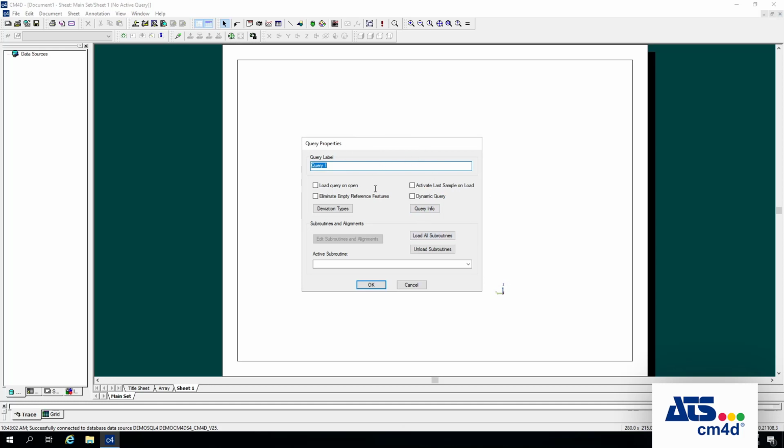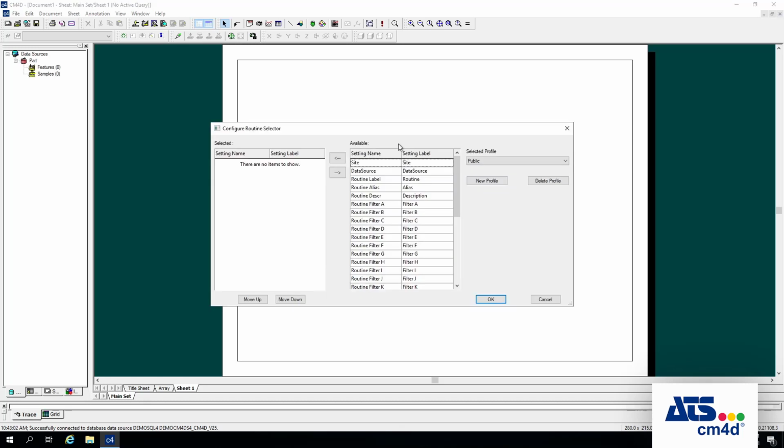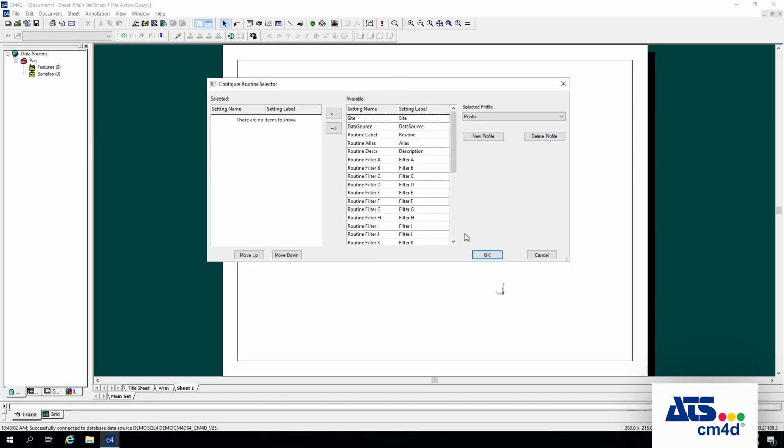window. This is a window that lets you set a few initial settings for the query that we're creating. A lot of these will be explained in another video where we go into detail about the different query options that you have. But for now, what we can do is rename the query label if we want to. It's something generic. And if I hit OK, we're going to have another option here,